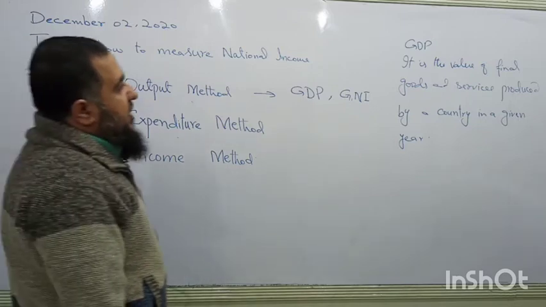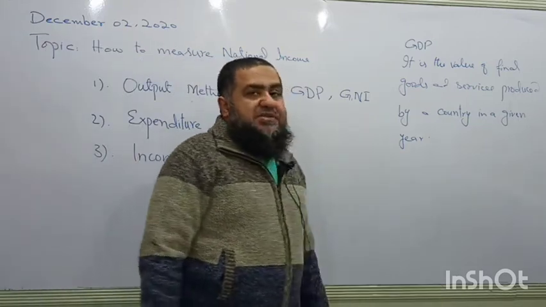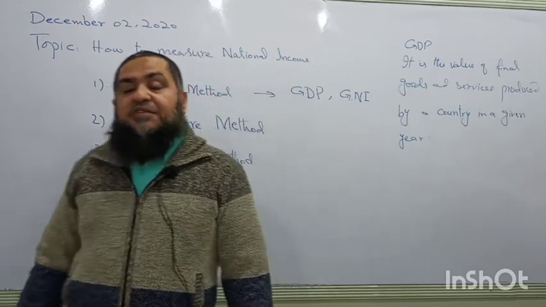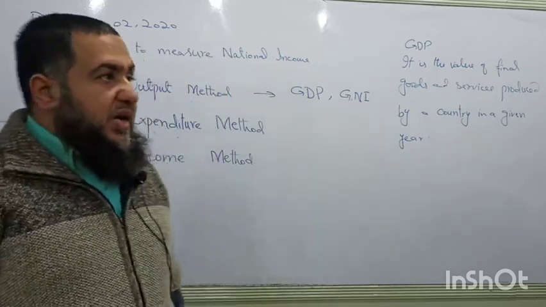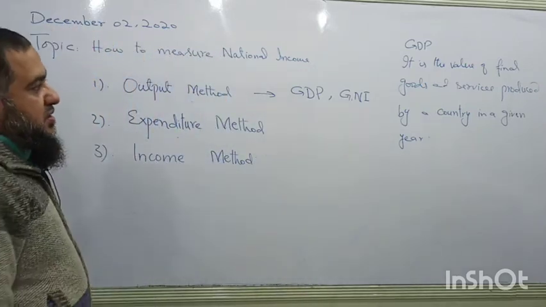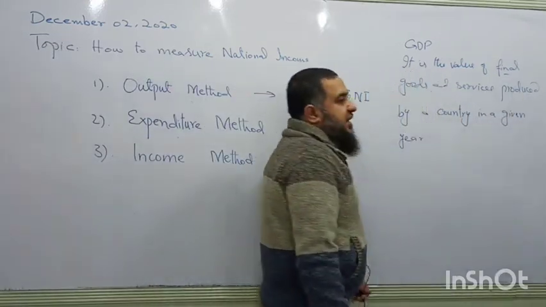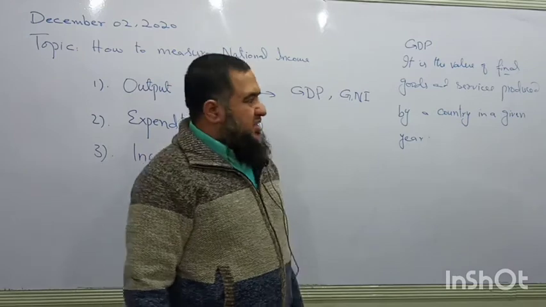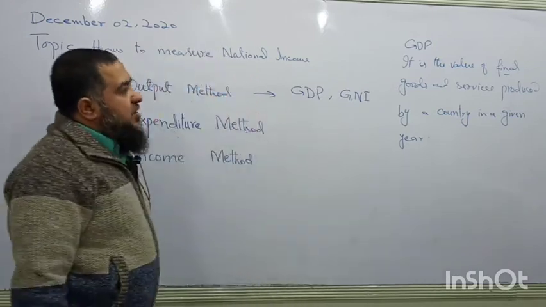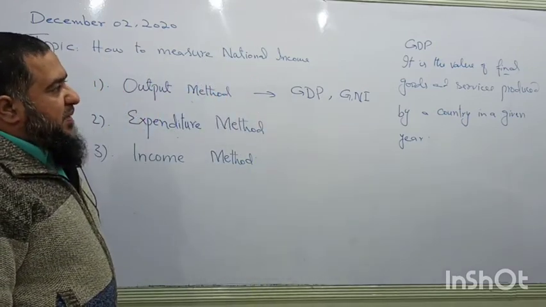Like we say, if a tire manufacturing company is producing tires, these are not the final goods. A car or any automobile will be the final good. So we are taking the value of the final goods instead of the intermediate goods or primary goods in this case. The final goods value is what will be measured by a country.